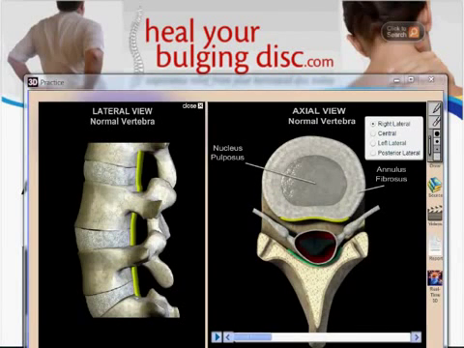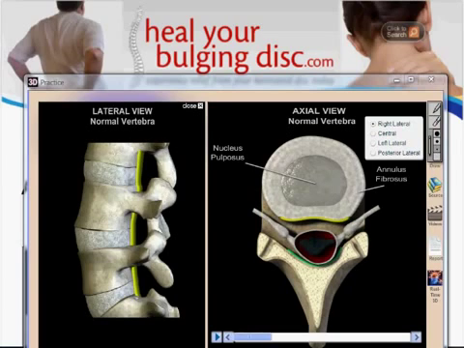Hello, this is Dr. Ron Dalton Jr., and in today's video, we're going to be talking about what the difference is between the different types of spinal disc conditions. Those conditions would be a bulging disc, herniated disc, ruptured disc, and degenerative disc disease, which is also commonly